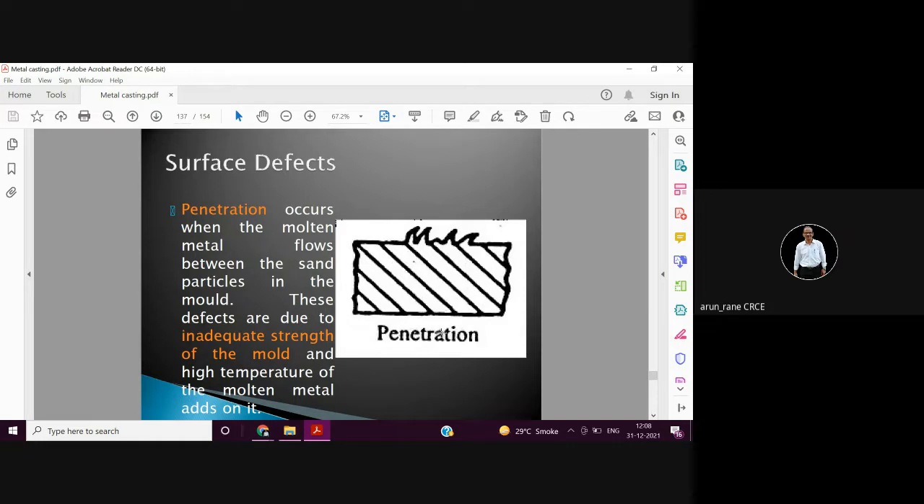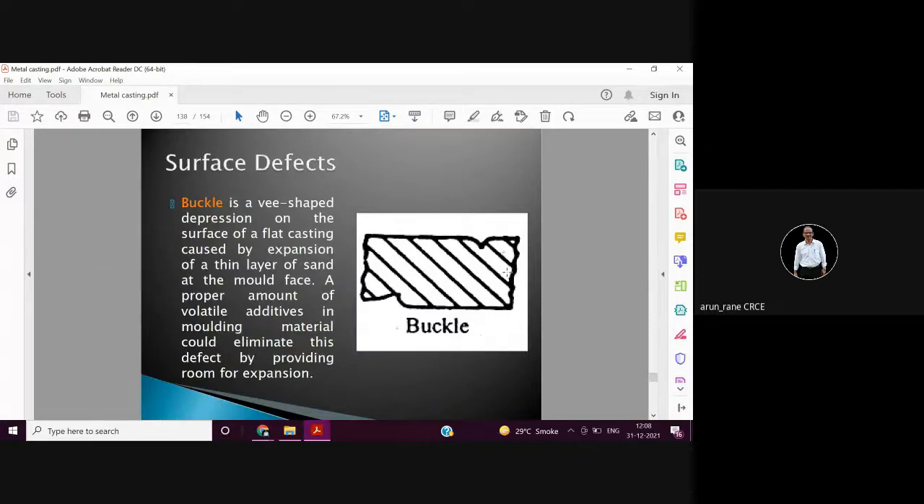The penetration, kind of a flash. This is like a flash. मोल्टन मेटल वहाँ पे फ्लो होता है। The buckle, बेल्ट का बक्कल रहता है।